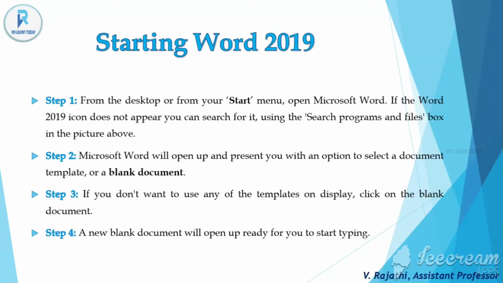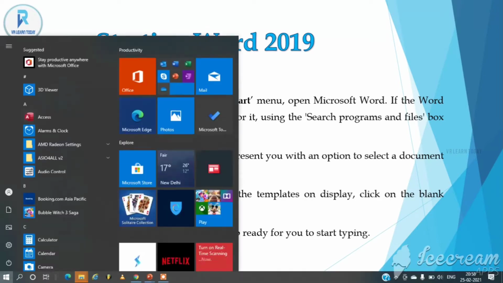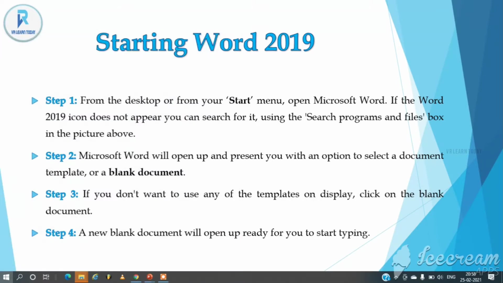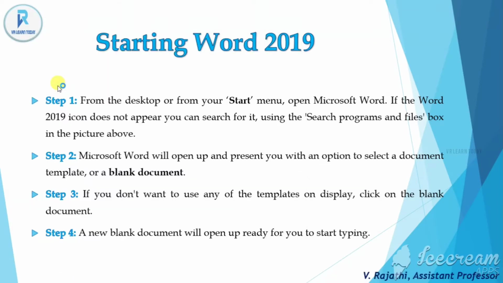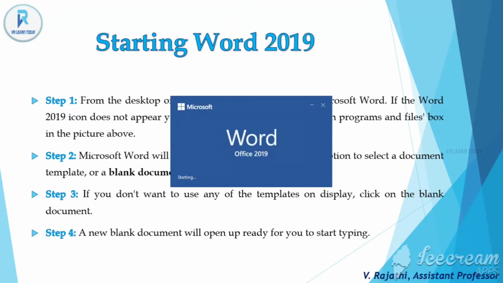Now we are going to discuss how to start Word 2019. These are the steps. Live, I'm going to show you how to open a Word document. So first, click the Windows icon and type Word. This is what we see in the introductions: MS Word or Microsoft Word is also called Word. So when we click Word,